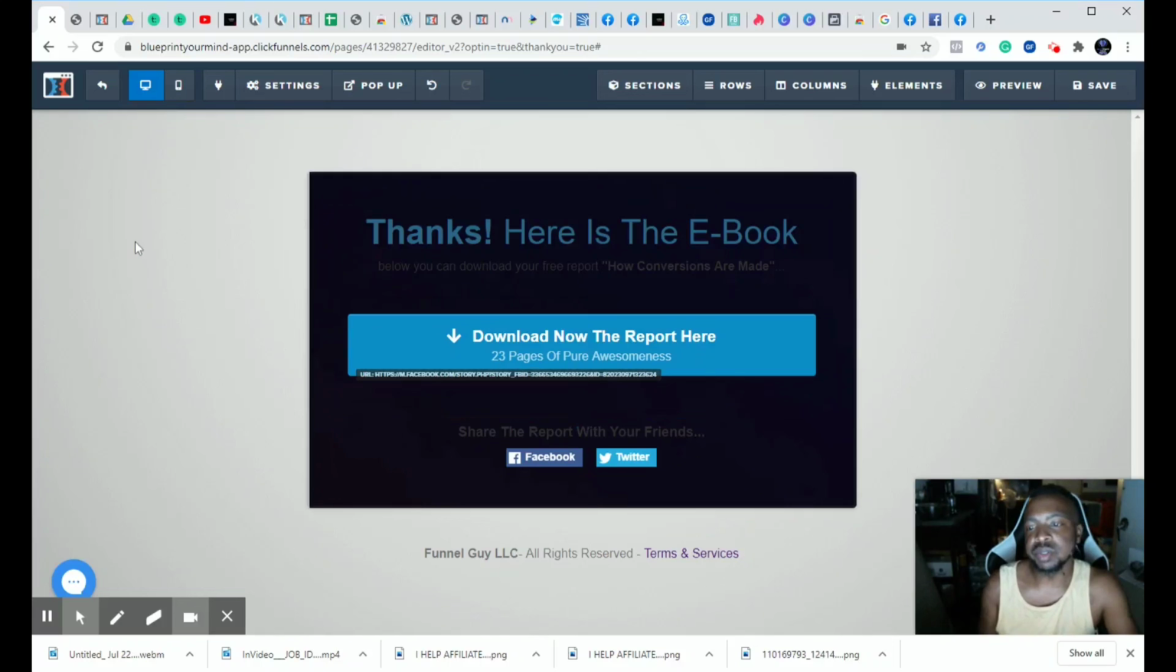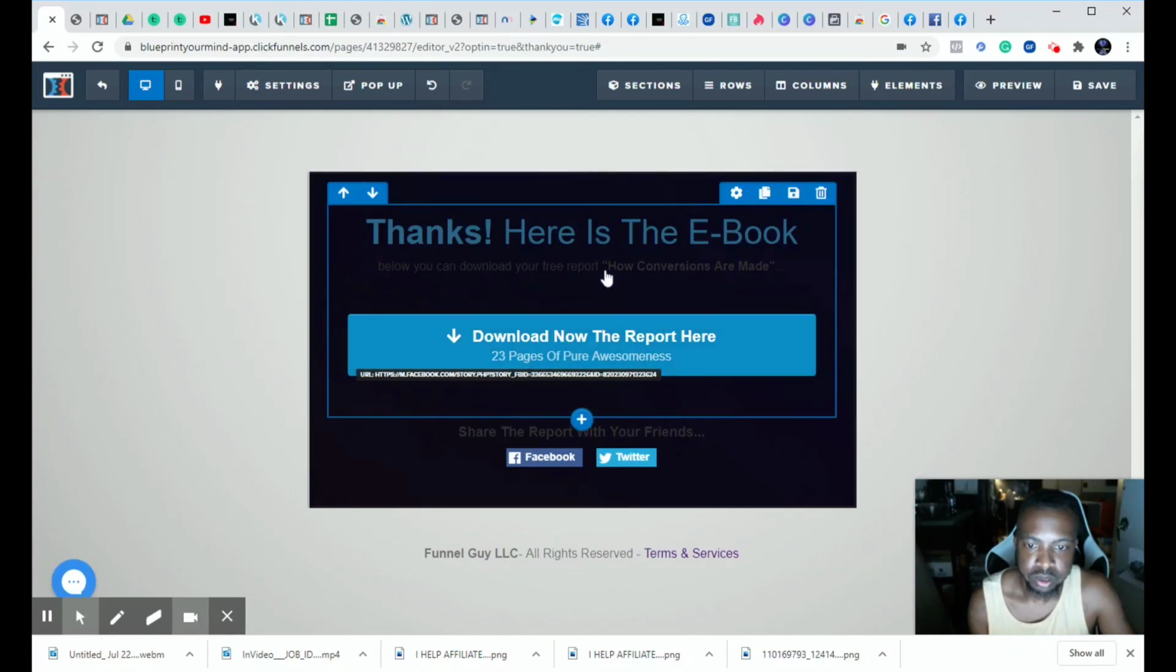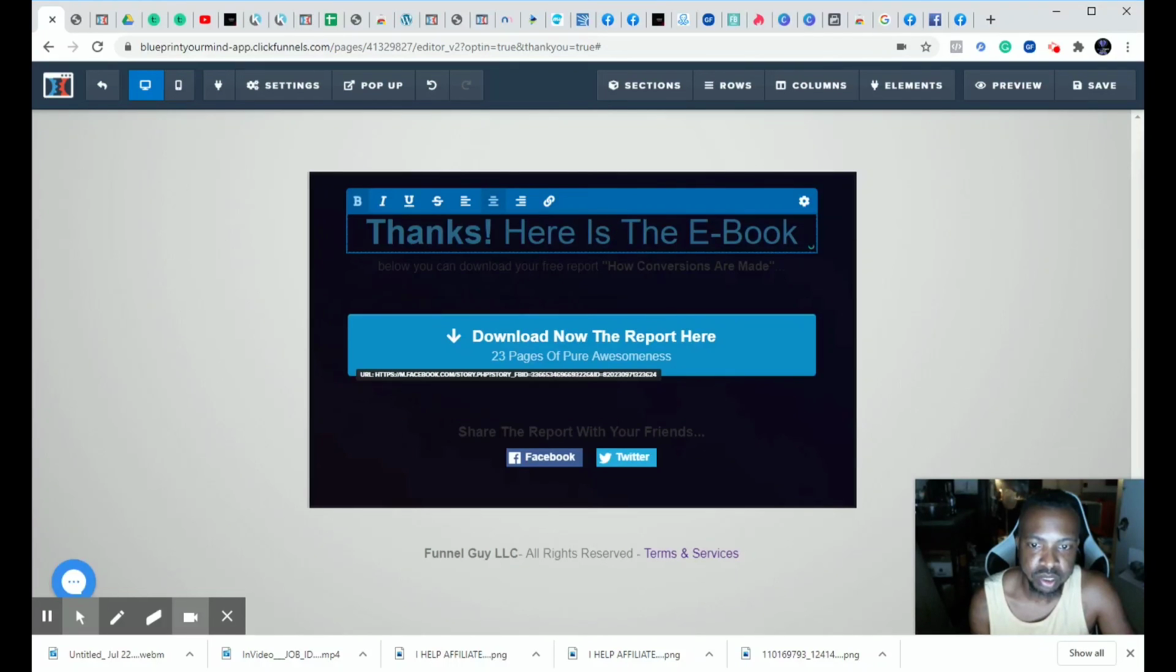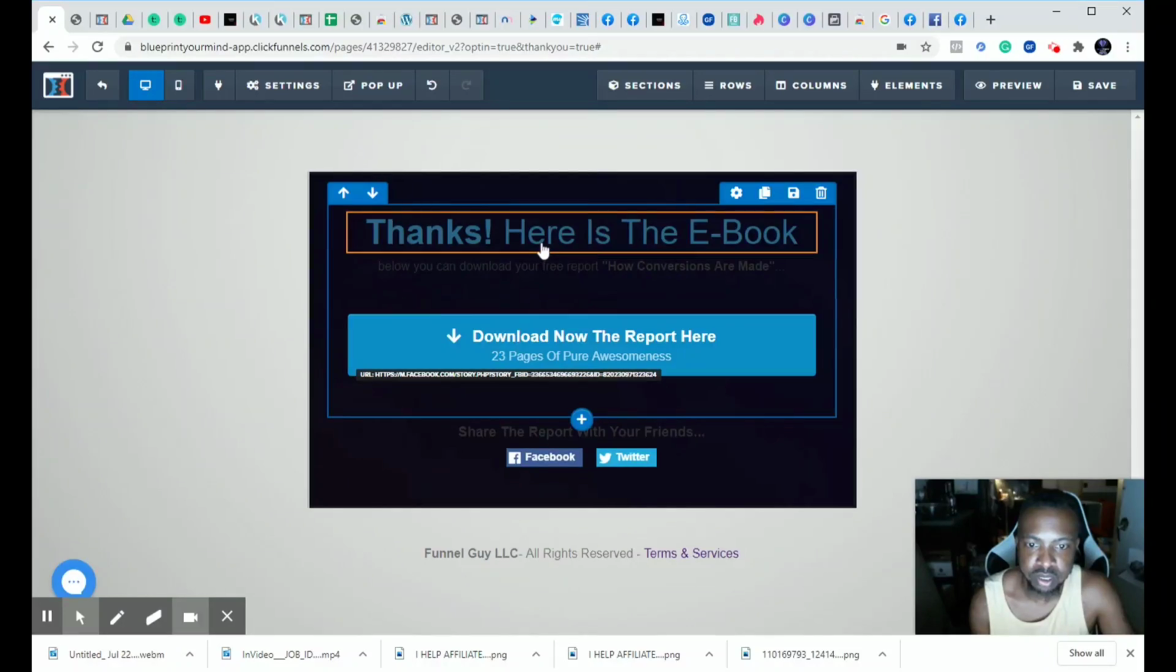This page here, if you wanted to change text color, once again, you would click the element,